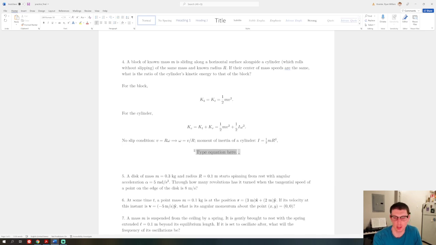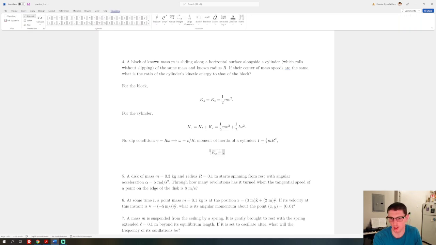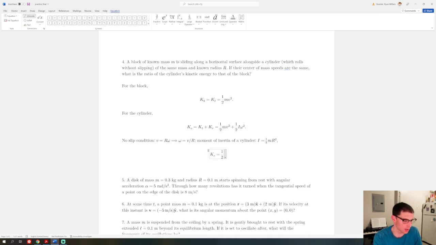So then plugging this all in, we get that the total kinetic energy of the cylinder is 1/2 mv squared plus 1/2 I, which is 1/2 mr squared. You have to be careful with cylinders in particular, right? Because the moment of inertia formula has this 1/2 out in front, so it's easy to forget about this extra 1/2 from the rotational kinetic energy. So just be careful about that. And then v over R,